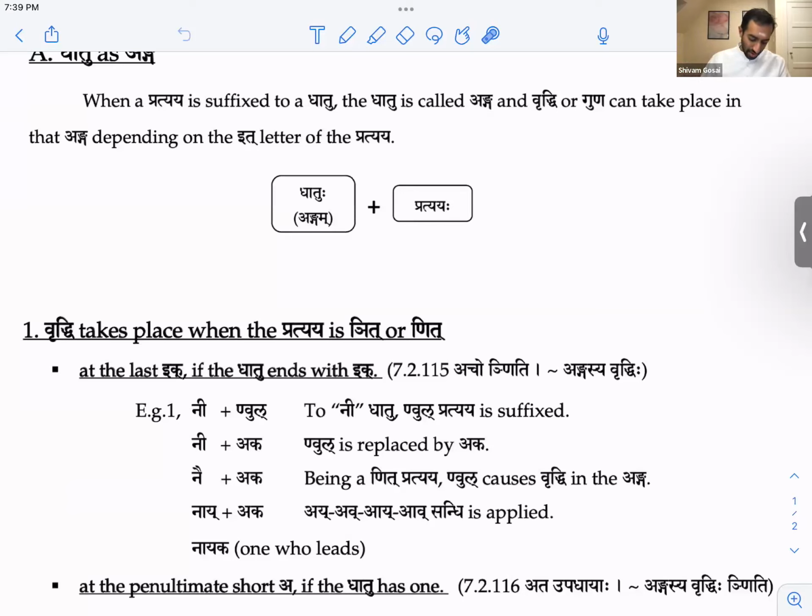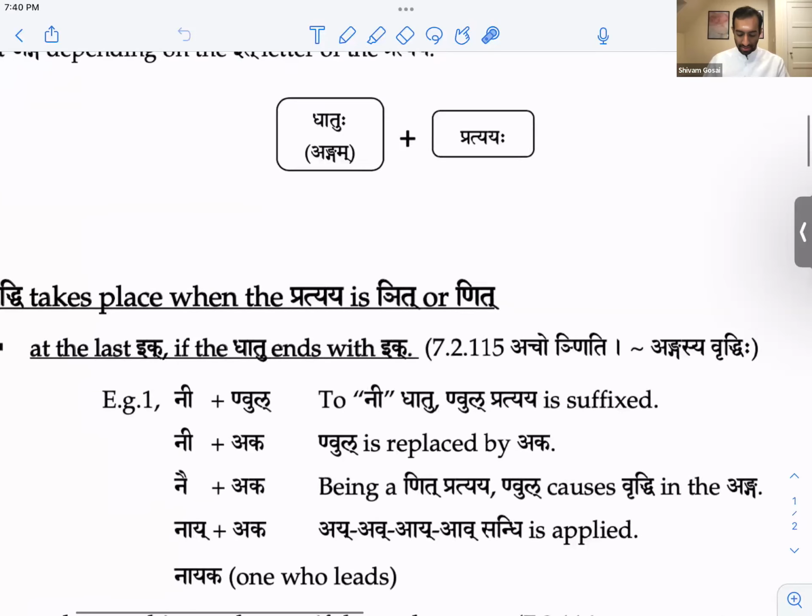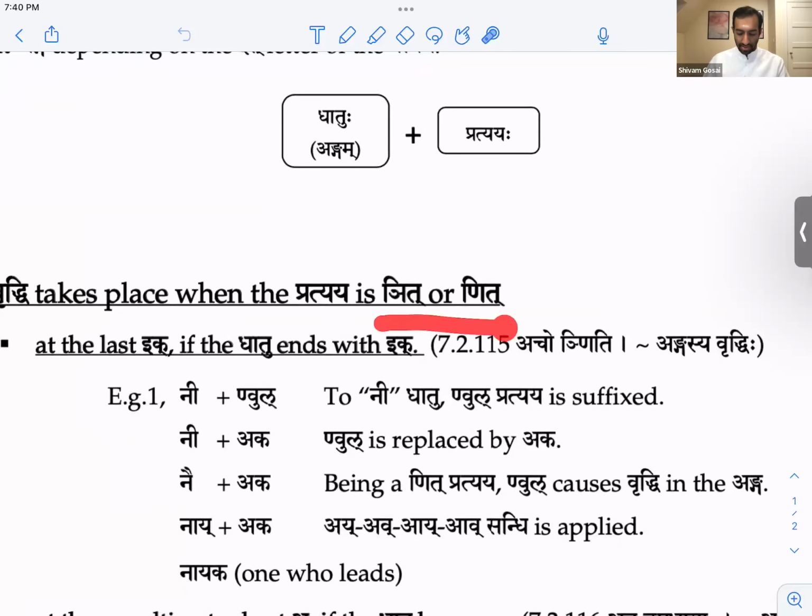Okay. So number 1, vriddhi can take place when the pratyaya is Ñit or Ṇit. Okay. So when the pratyaya is either one of these two.